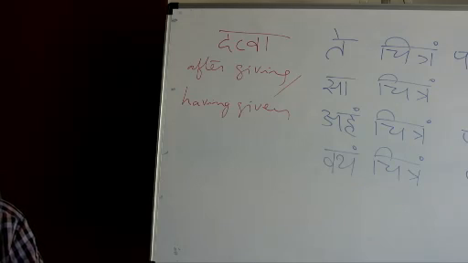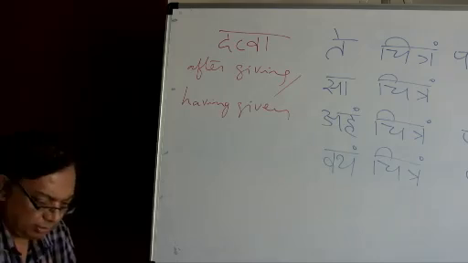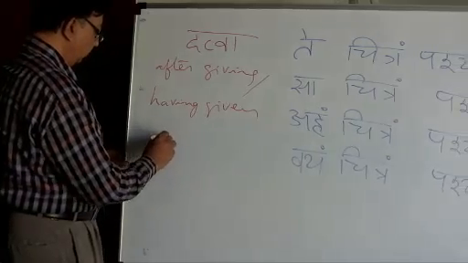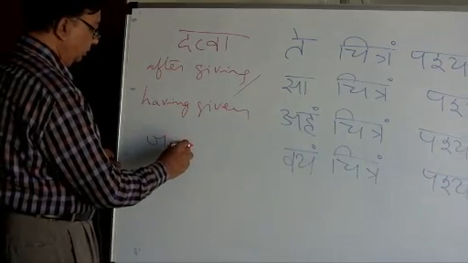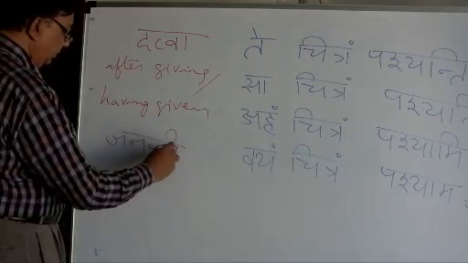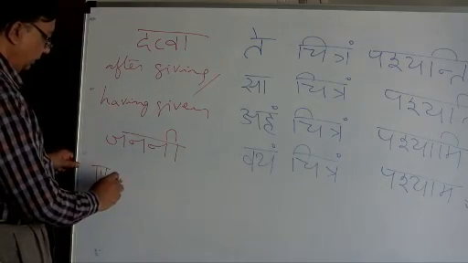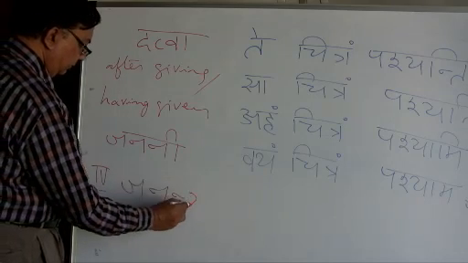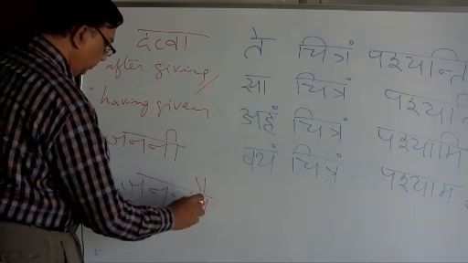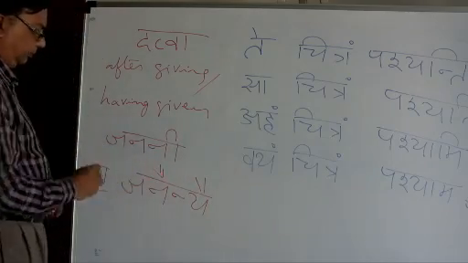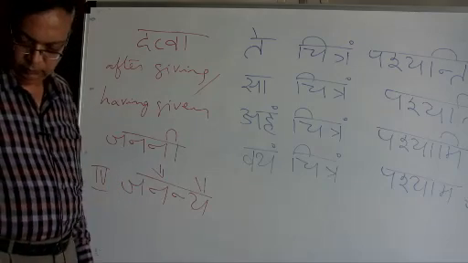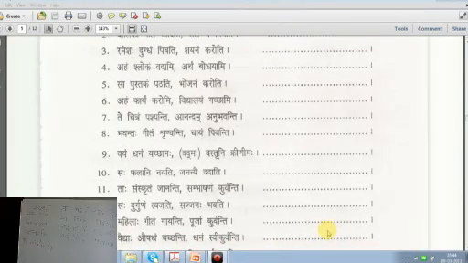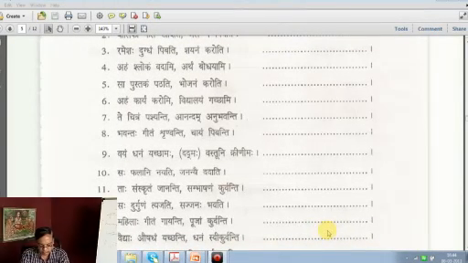Now how is janani derived here? Janani is a word from the ikaranta Janani Shabda. Janani, in the fourth case, it becomes Jananyai. Soon we are going to learn these cases. Jananyai, to the mother. So this is the same. Janani, Jananyai. Dadati, Yachati. Either you say Yachati or Dadati, both are same. Next.